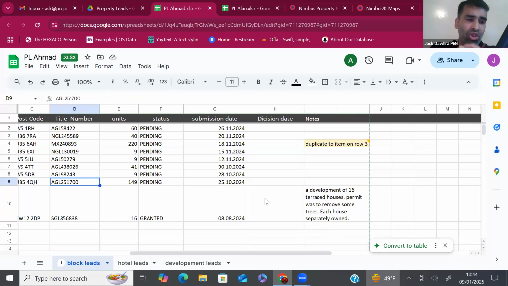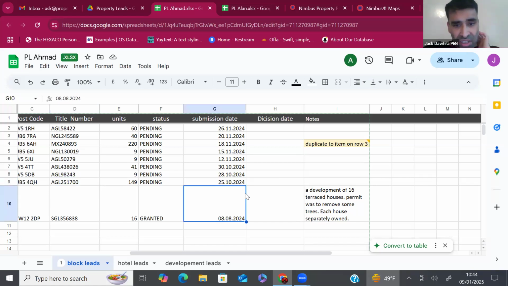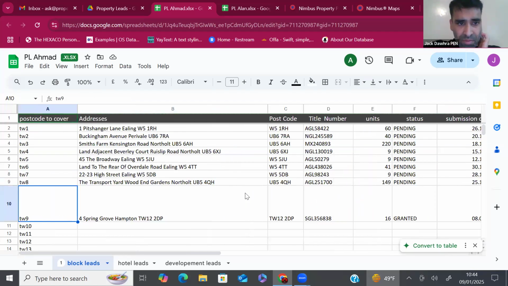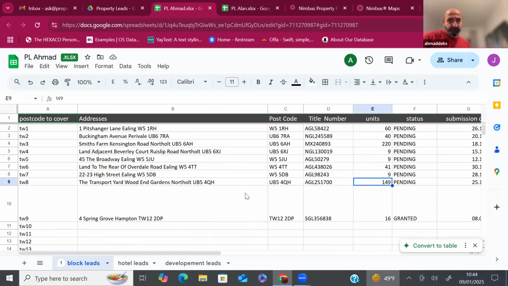Always accompany them with notes, because if they're missing, you're going in blind. All right, guys, please make sure that there are always accompanying notes on what the planning is all about. That's on the development leads as well as the block leads, so we know exactly what's being applied for, that we're not going in blind, please. Thank you. I've said this to the team before as well, but I want to make sure they have these. Without them, you don't know what the permission is for in the first place.